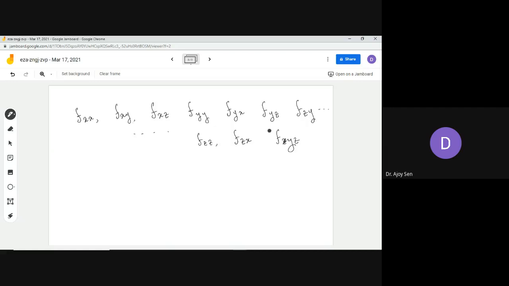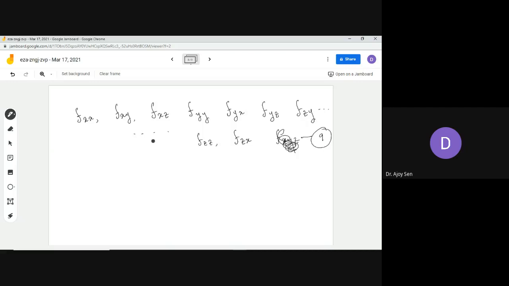This is 3 by 3, so 9 actually: xx, xy, xz, yx, yy, yz, and so on. Since there is a repetition of yz, there is no point in writing 2 times. So actually 9 possibilities will be there, total 9. These mixed second order partial derivatives, they may ask you to find out this type of thing.